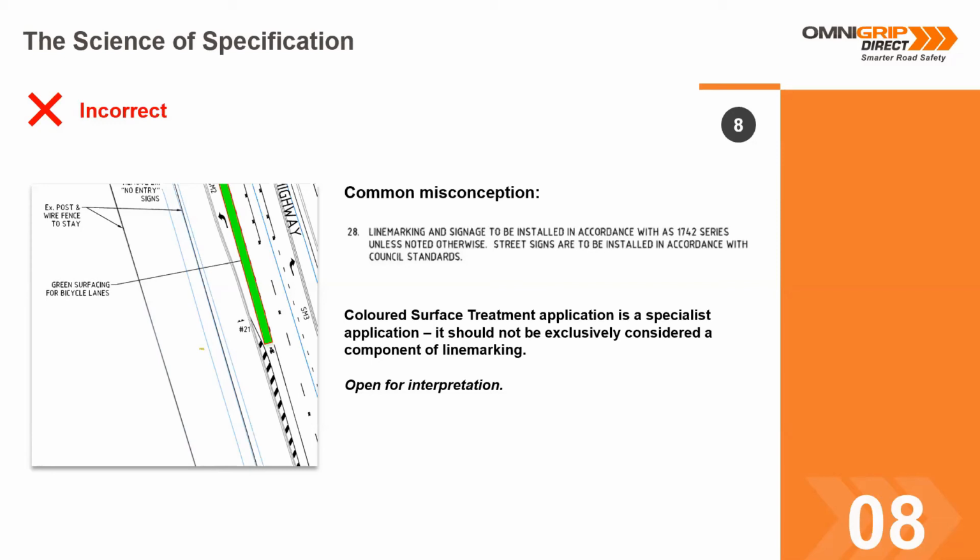So just recently, we were asked by a client to go out on sites and inspect a job that was completed by another contractor, which had a green surface on a bicycle lane. Okay, so there was a specification for this job that said to use OmniGrip CST for the bicycle lanes or a similar product. And as the contractor would do, they go over the drawings, and they ask